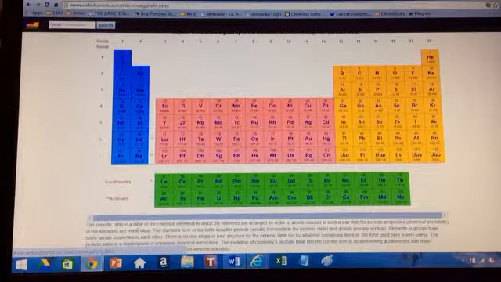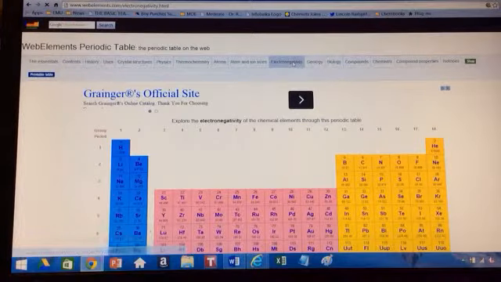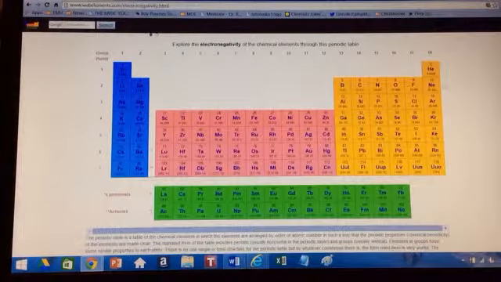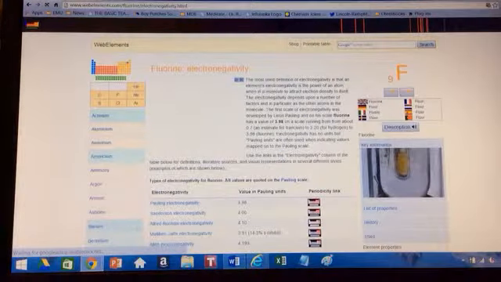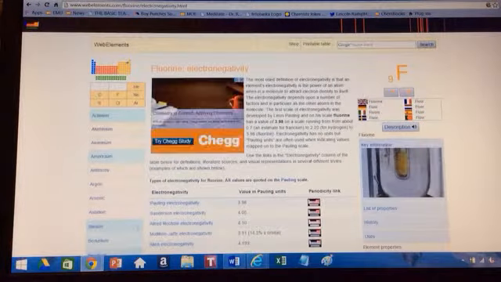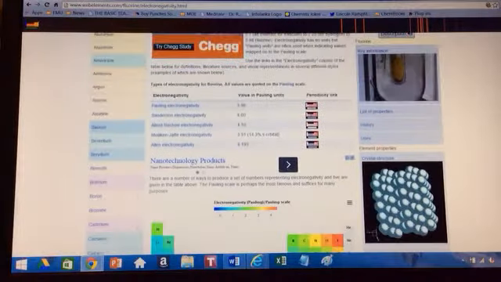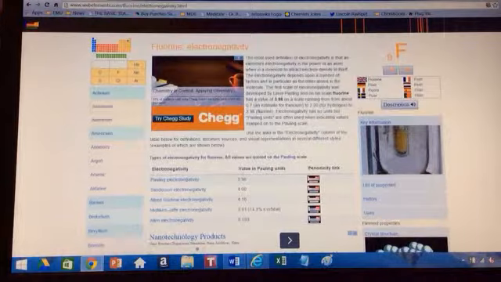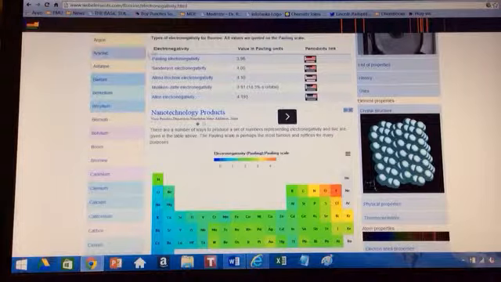For example, if you want to obtain electronegativity information, you first click on this electronegativity tab and then browse over the symbol and click on the symbol representing the element. Here, for example, you get information on the electronegativity of the fluorine element. You can see that it gives you a description of the electronegativity of fluorine and a table with electronegativity values